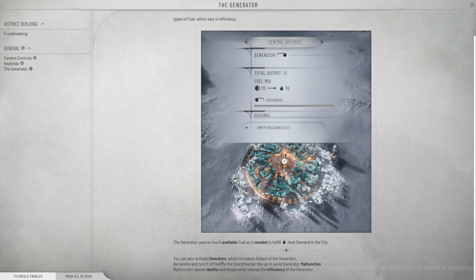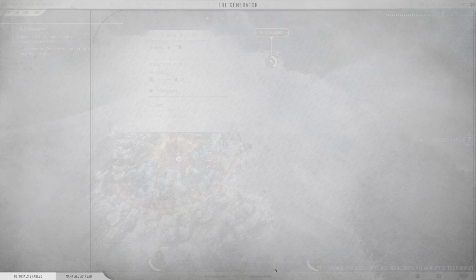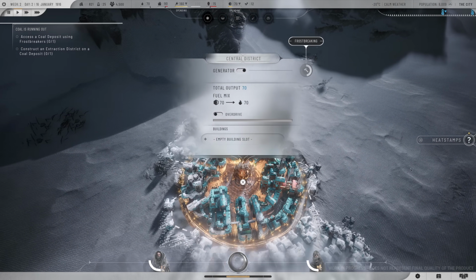You can also activate overdrive, which increases output of the generator. Be careful and turn it off before the overdrive bar fills up to avoid generator malfunction. Malfunctions cause death and temporarily reduce the efficiency of the generator. I have a feeling in the first one, if you overdrive to maximum, then you just lose. The generator blows up, so...